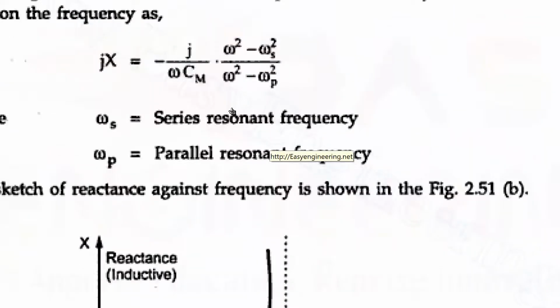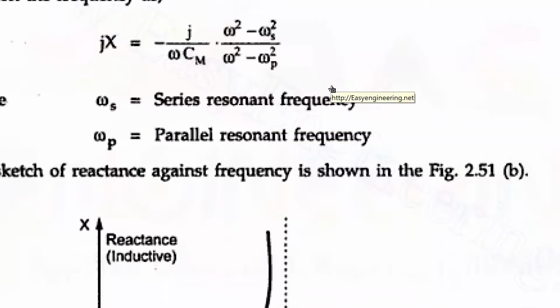Likewise, second case. Now say omega is nearly equal to omega p but slightly greater. So what will be the denominator? Will it be positive or negative? Omega is nearly equal to omega p but slightly greater than omega p. So that denominator will be positive or negative? Positive. Very good, positive. So overall x, will it be positive or negative? Negative. Very good.